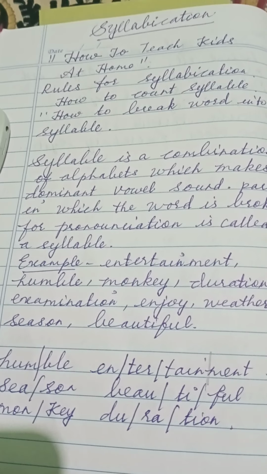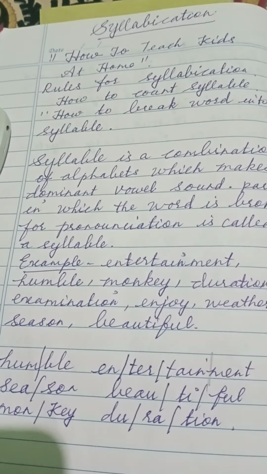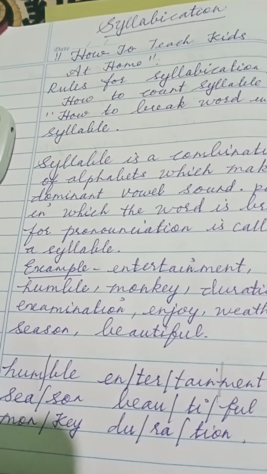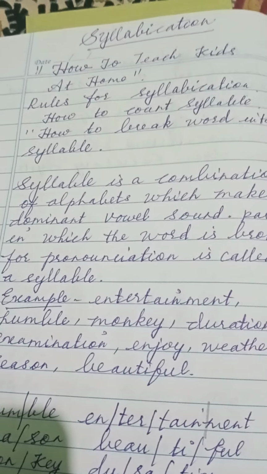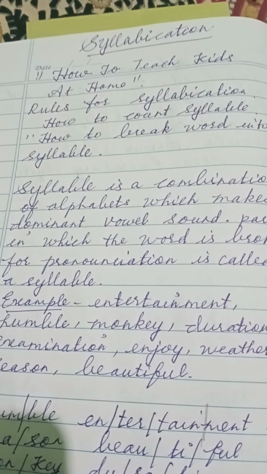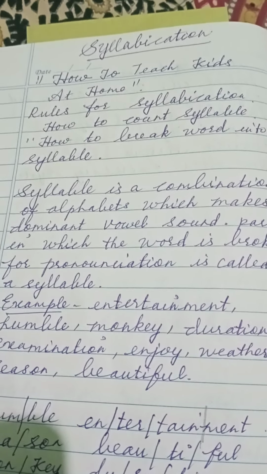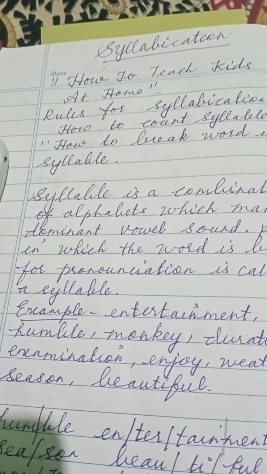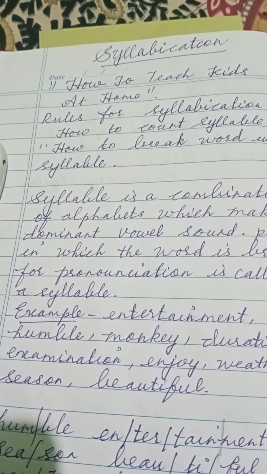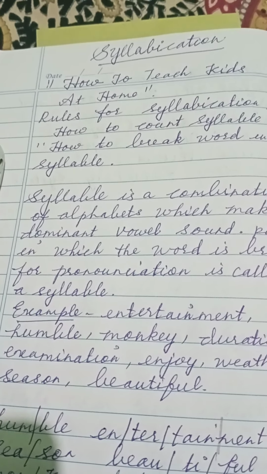Syllabication. So, what is a syllable? The syllable is a unit of a word. It can also be called a unit of pronunciation. It consists of either a vowel sound alone or a vowel and one or more consonants. The number of vowels in a word will be the number of syllables of a word. Syllabication is the system of dividing a word into the appropriate number of syllables.